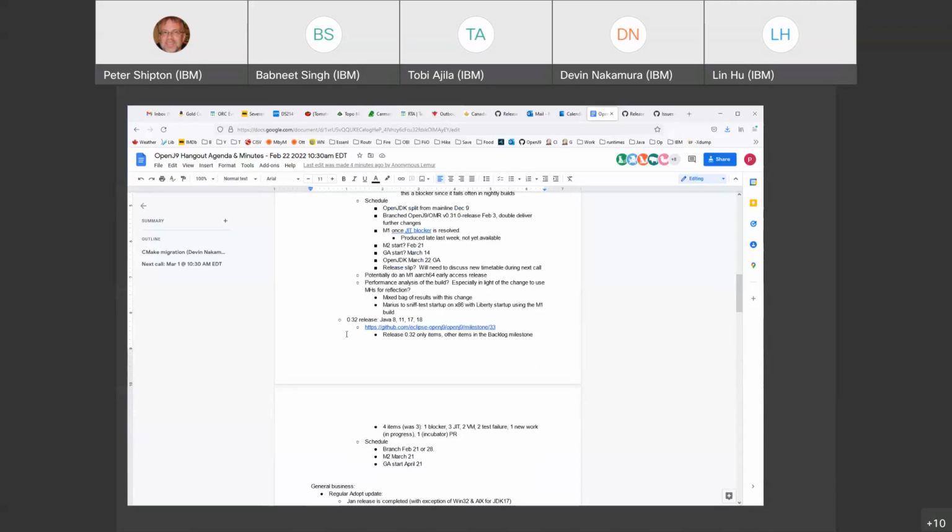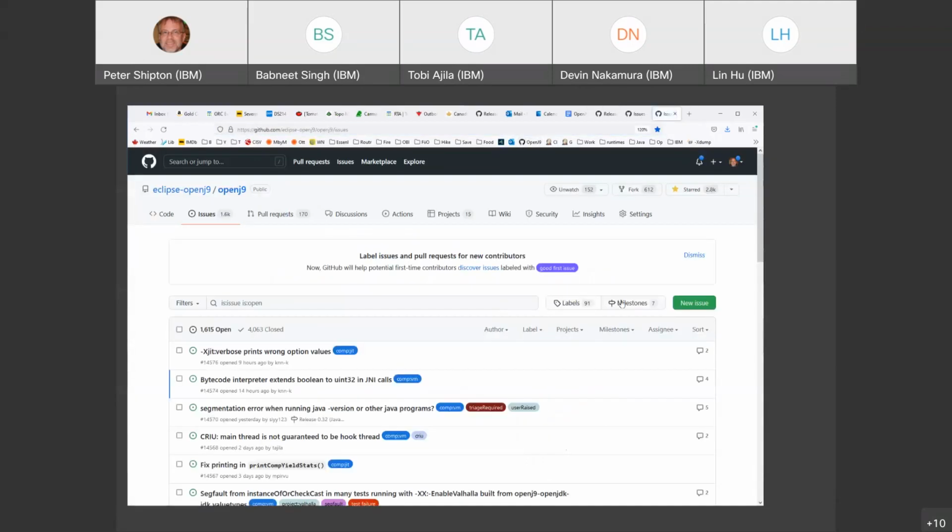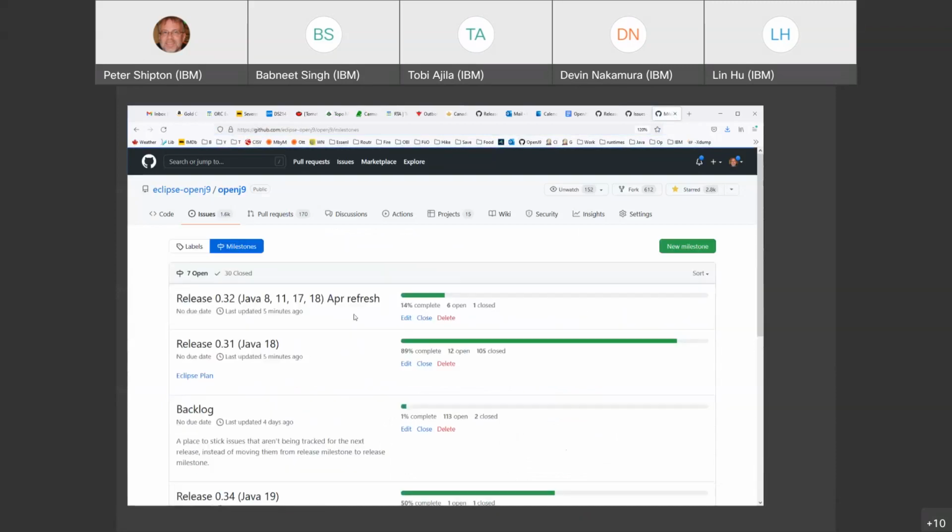Okay, moving on to the next release, the 032 release. Right now we have 4 items in the milestone, but I wanted to talk about what I've done. We used to have quite a number of items in the milestone plan, and a lot of them were moving forward from release to release. So what I did was I took, let's take a look, I think there's something like 113 issues, and I moved them to